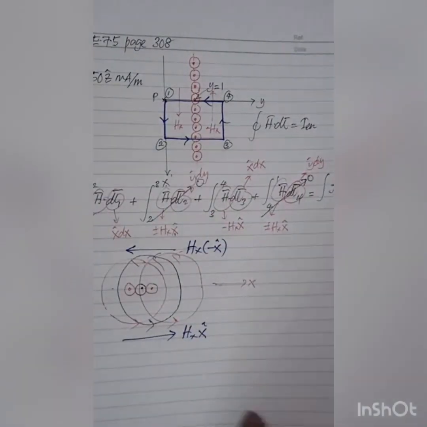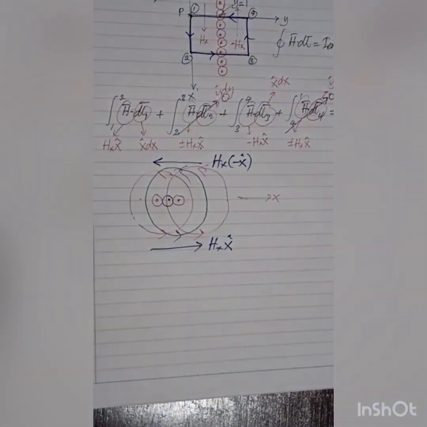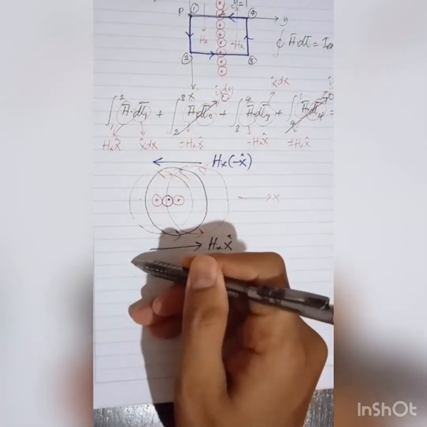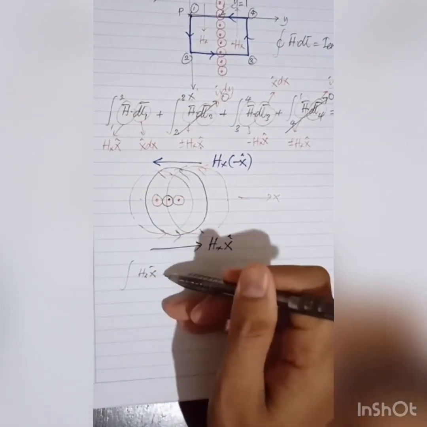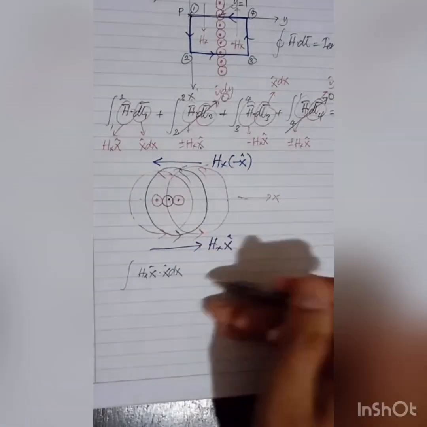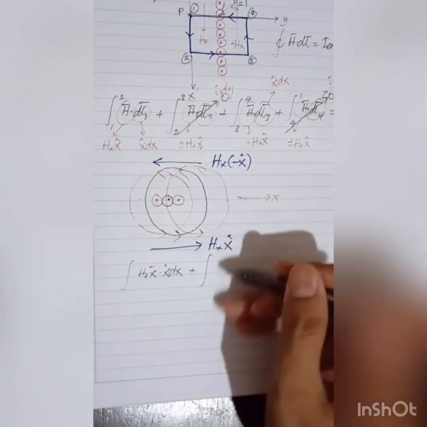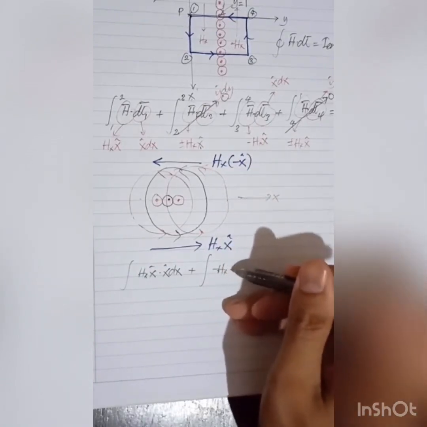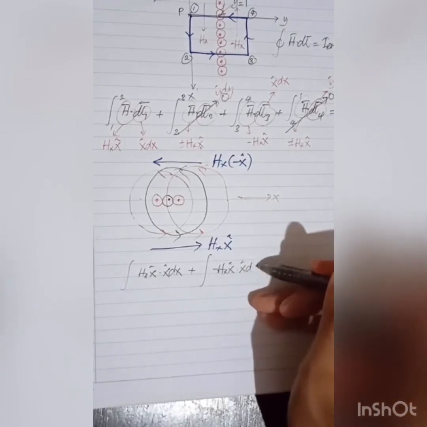So let's write again the equation. Okay, integration here, the Hx in x directions dot x dx, and plus, now the third is negative, right? So put a negative Hx in x directions dot x dx